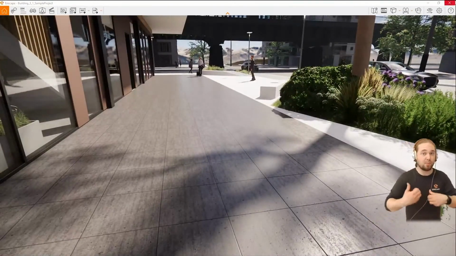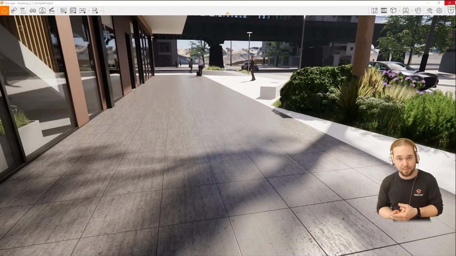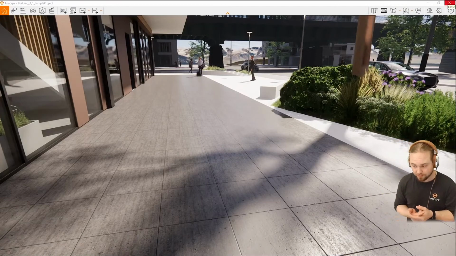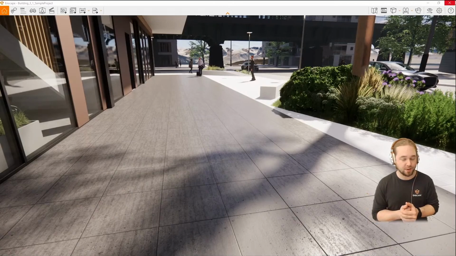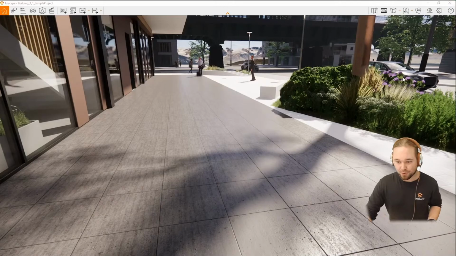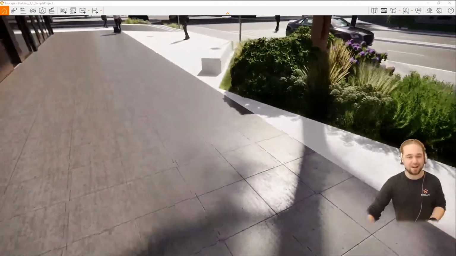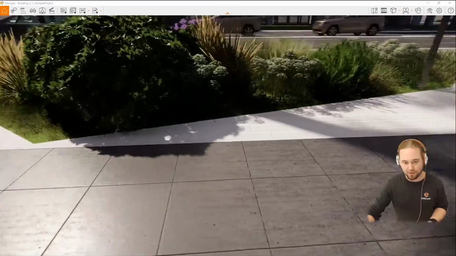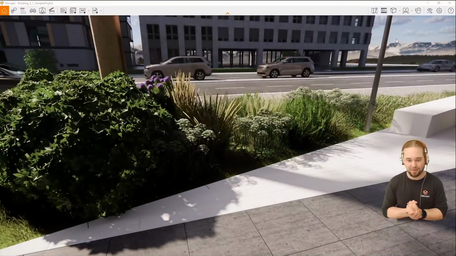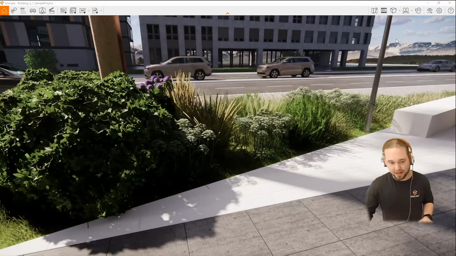This has changed with Enscape 3.1 for still images and panoramas, but it wasn't available for videos or the real-time experience as we have it here. But that has changed. Now these ray trace shadows are also available in videos and in real time if you have an RTX capable graphics card. So that is important.